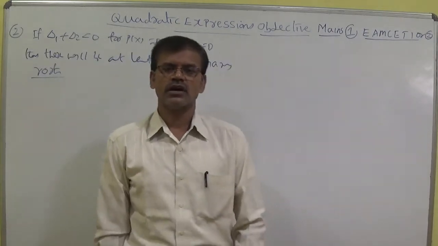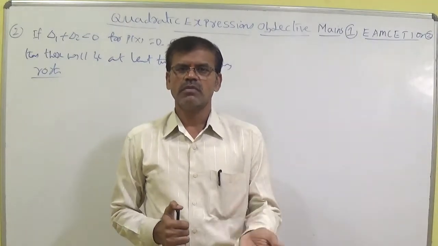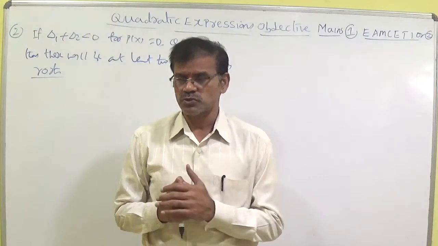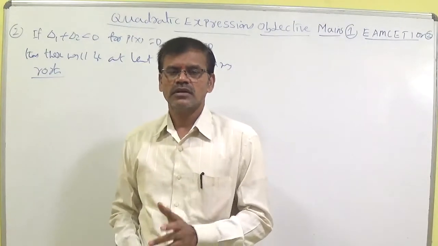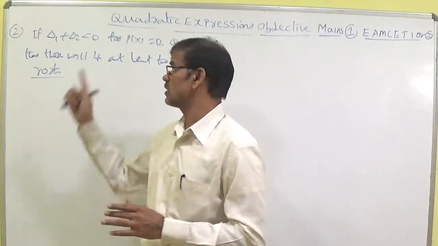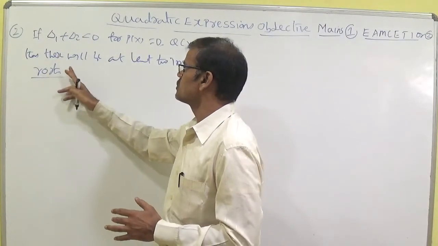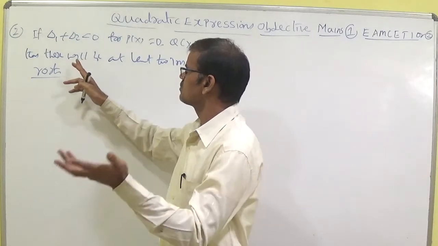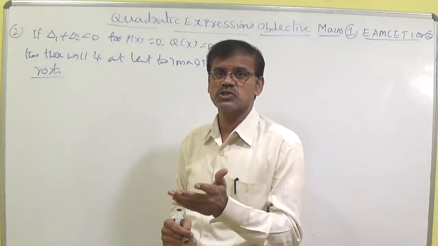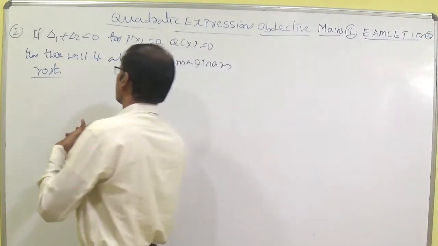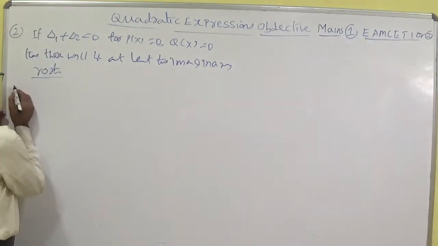Because if delta is less than 0, the nature of the roots of any quadratic equation is imaginary roots, that is, complex roots. So try to understand separately: delta 1 for quadratic equation P of x and delta 2 for quadratic equation Q of x. If delta 1 less than 0 and delta 2 less than 0, or delta 1 less than 0 or delta 2 less than 0, with the sum delta 1 plus delta 2 less than 0, then there is a chance of 2 imaginary roots. There is no example.